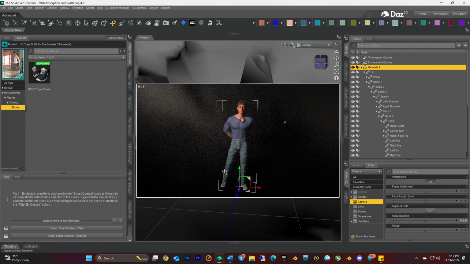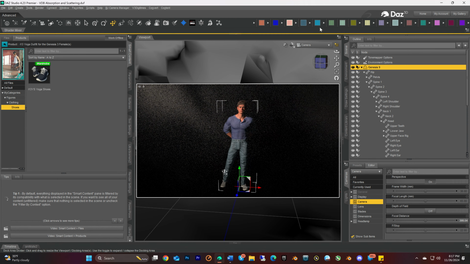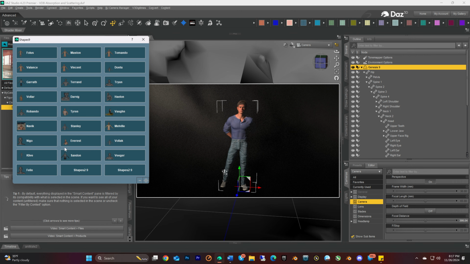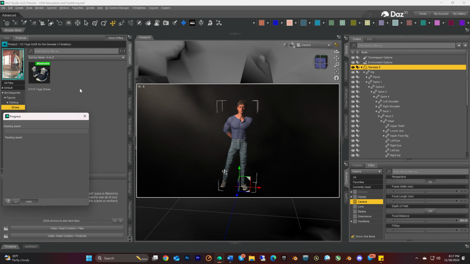I don't think it will. Okay, so now that's Nego, and his eyes have changed. They're looking in a different direction, but I can just come in here with shapes and say, well, these are people I've made. Let's go with Follis and change his. Usually I just have to go in and fix the eyes with these shapes because